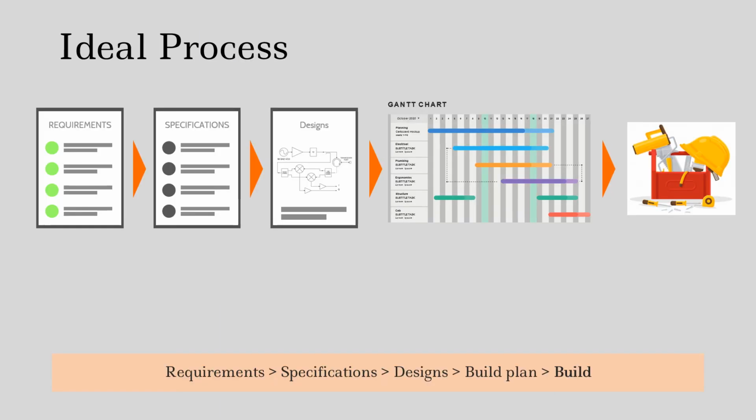If we make decisions in this fashion and we record why we've made the decisions, it helps us stick to this ideal linear process. Now, I said before that it's never in reality completely linear, because you find things at the design stage or even in the build stage and you have to go back and rework something. But if you've kept a record of why you've made all these decisions, it makes it really easy to go